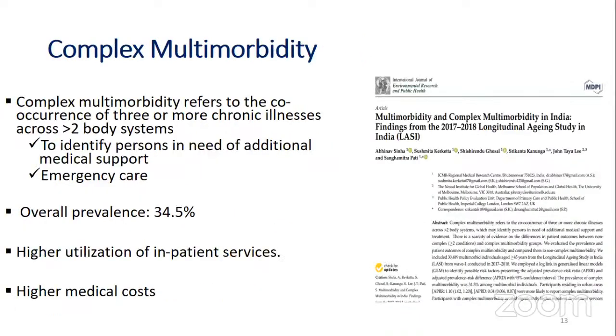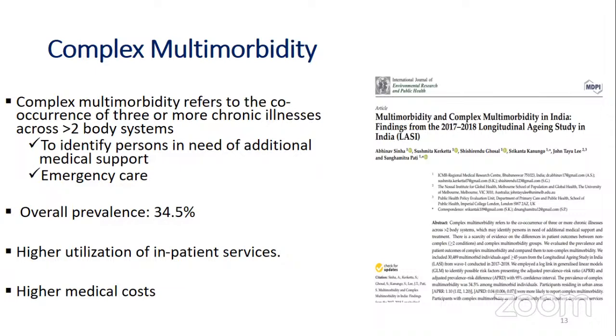Now there is another term known as complex multimorbidity. A second school of thought suggests that multimorbidity may be important for primary care, but it is raw data. It suggests only the total number of conditions, that is two or more conditions, which could be anything, could be a heart condition or simple hypertension, which could be controlled. But if some condition is there which cannot be controlled, it needs a different kind of care. So that is why this term emerged.